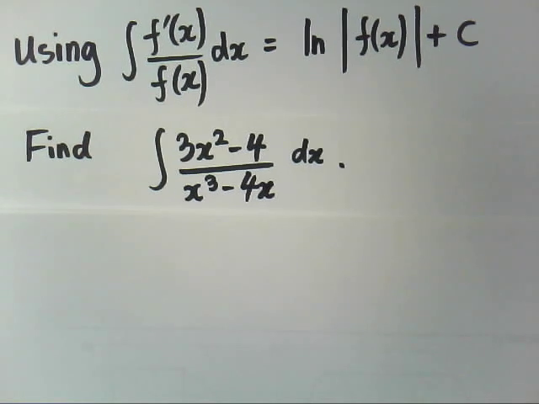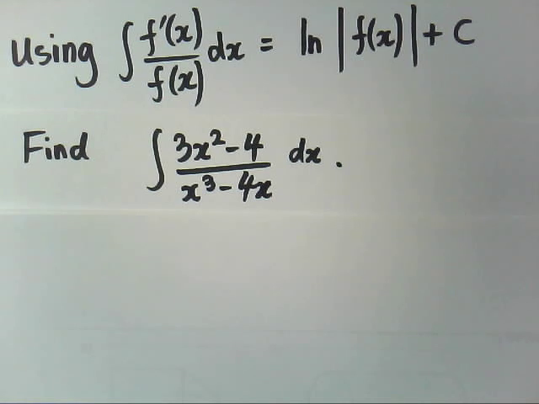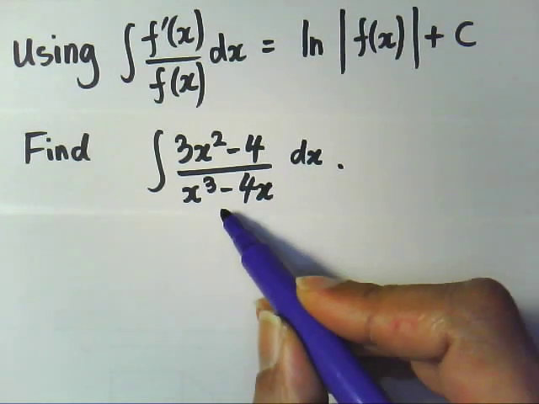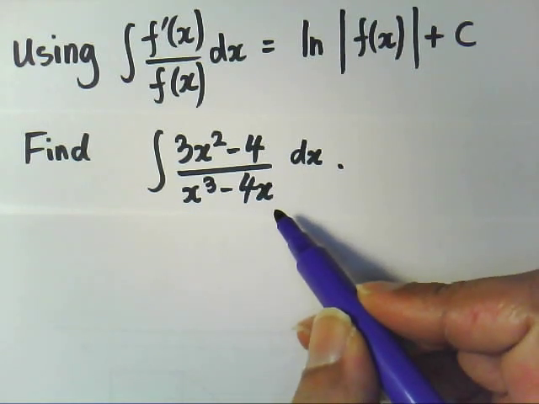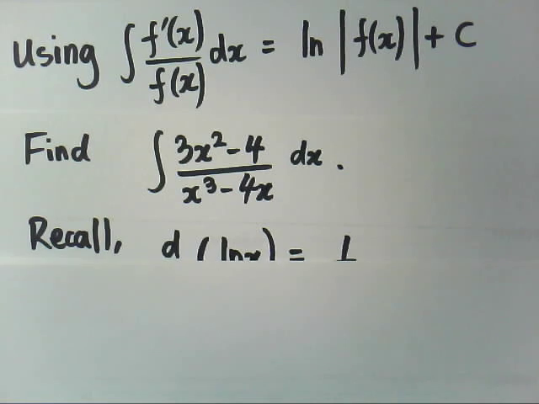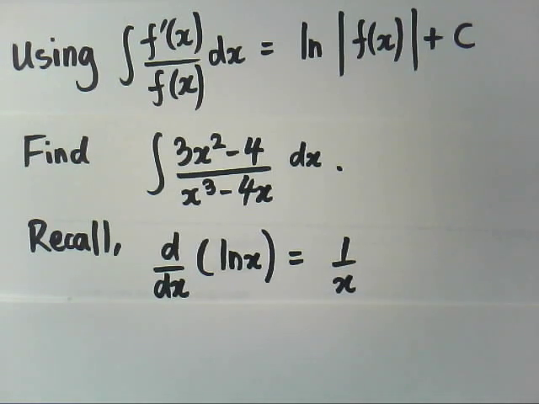So here we're being asked to integrate the function 3x squared minus 4 over x cubed minus 4x. Now you might recall from differentiation that if you try to differentiate natural log x, you end up with 1